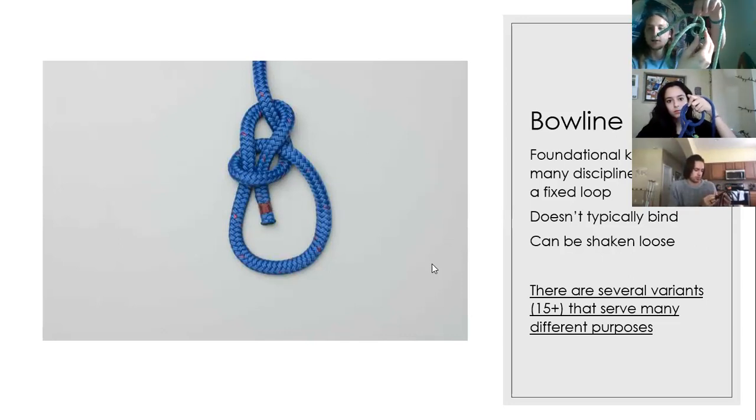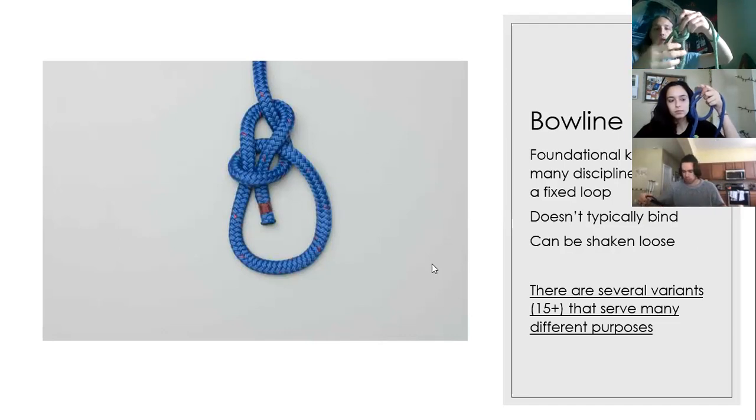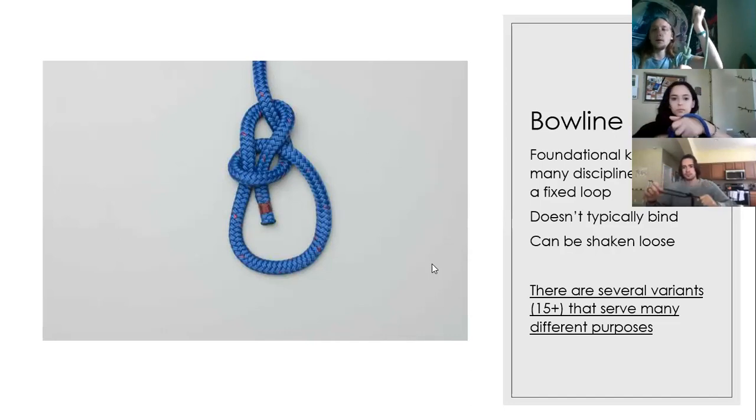It's just kind of hard to see, just like that. And then I'm going to go into the hole that I originally came through the back of, now through the front, just like that. And if I grab this left side of the loop and this strand as well at the same time and pull on my working end, or the rest of my rope there,